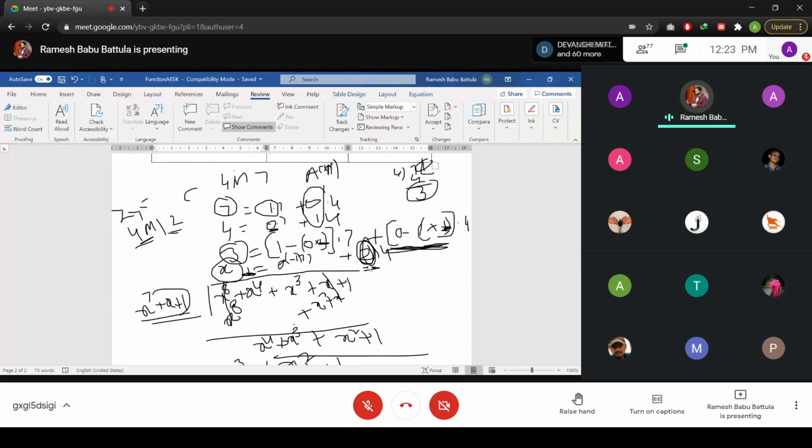Suppose this value is a negative value, you are supposed to use the additive inverse. Suppose I got minus 2, then what will I do? 7 minus 2 is equal to 5. The corresponding value here is going to be 5. That means if a negative value is there, you need to choose this one, the additive inverse, and find the additive inverse value over here.